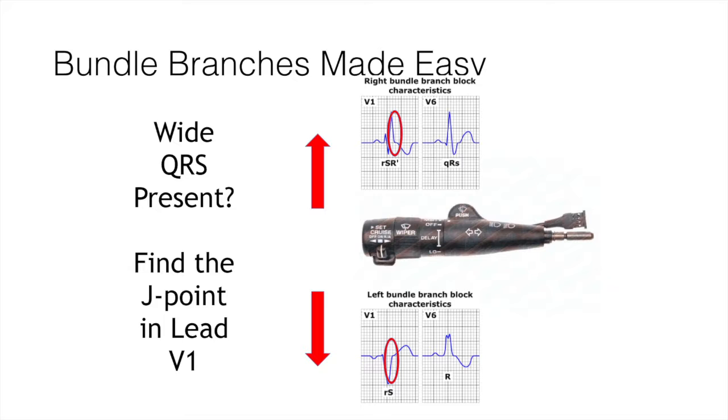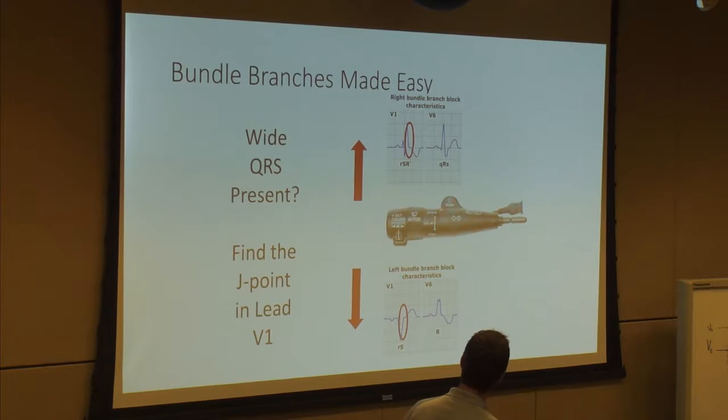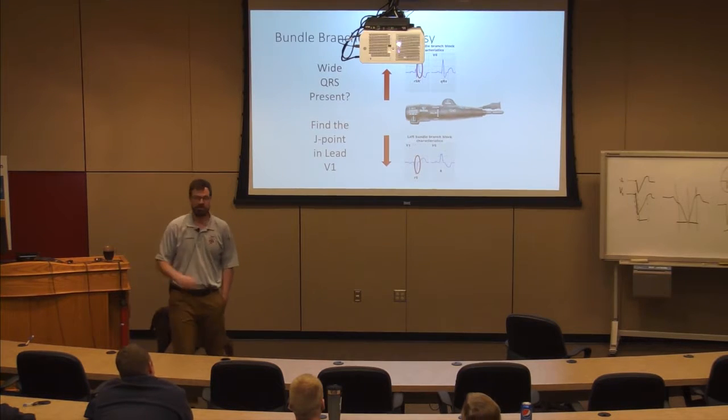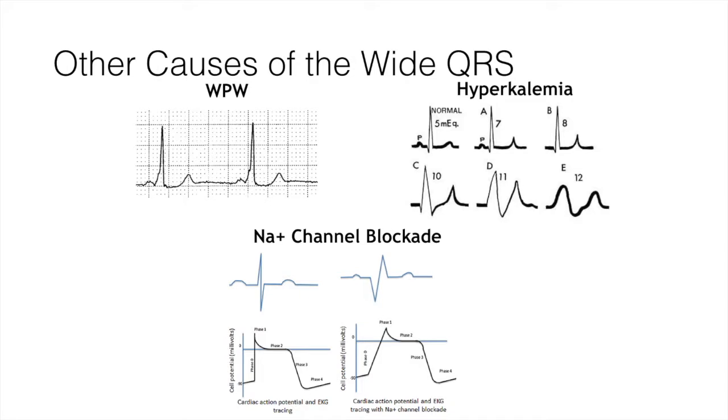But you got to be able to look at this and say, you know what, I got a QRS here in V6 that's triphasic, and I have an absence of a Q wave in V6. This is classic left bundle branch block, right? You got to be able to look at it and say that's classic or that's bizarre, because that becomes your variable for determining a lot of these cardiotoxic effects, okay?